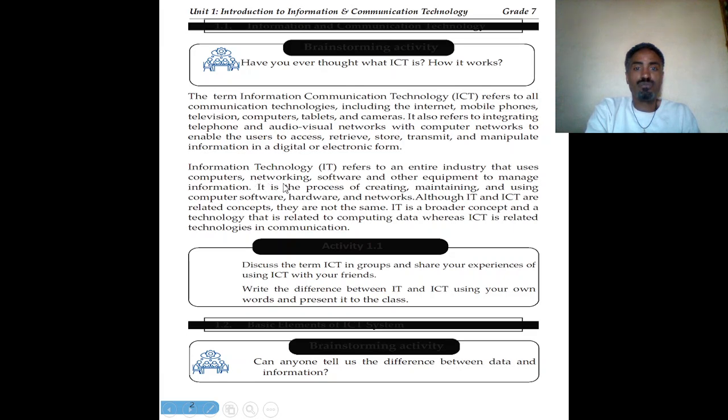How can we store information? Using digital systems, we must have a computer. To store digital information, we must have computers. To exchange information, we must have networking. To send from one computer to another, we must have networking. To create a specific file, we must have software. For instance, to create picture-based or text-based files, we must have software, also for editing purposes. For instance, after capturing a specific picture using our mobiles, it's possible to edit it using software.